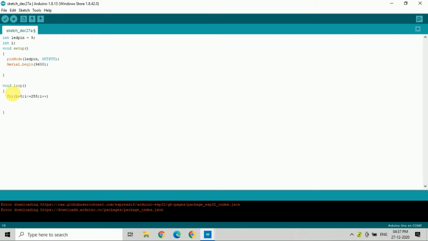When you convert your 5 volt into digital form, you will get values from 0 to 255. As we know, an analog signal is a continuous signal, but a digital signal is in the form of on or off, that is 0 or 1.